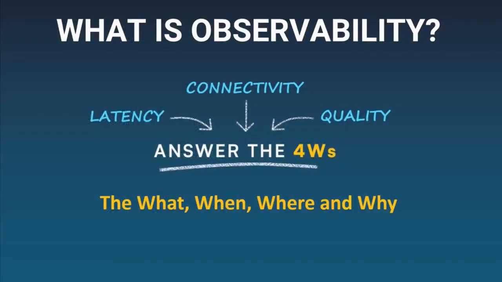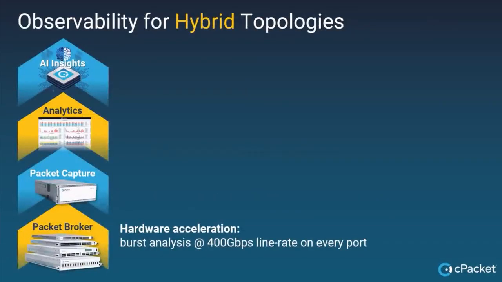So when we talk about network observability, and you'll hear me use this word a lot throughout the presentation, I want to explain what we really mean. Observability is all about the what, when, where, and why an incident took place in your network. You can think about things like latency, connectivity, quality, all of the KPIs, and really you can think about observability as the set of tools that you have at your disposal to understand what and when and where and why something is happening in your network. So when I say observability, that's what I mean today.